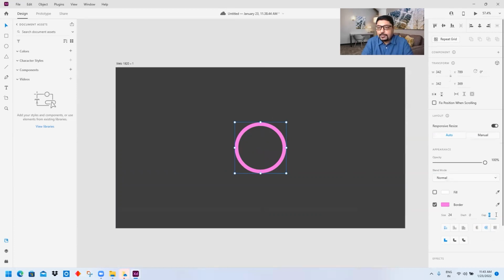Now, in the gap over here, I will turn it to, say, 10,000. Great. And what happens is the entire stroke becomes a dot. And I will show you, if I go on increasing this dot, it starts increasing right across, and it traces the circumference basically. So that's the way you can create pie charts and all these things.